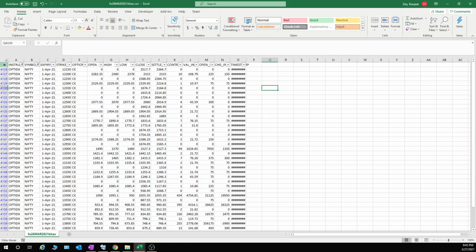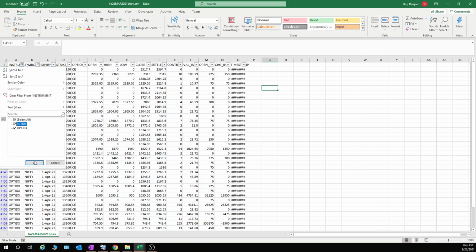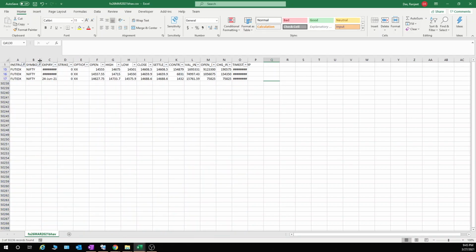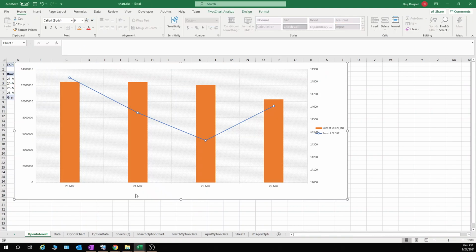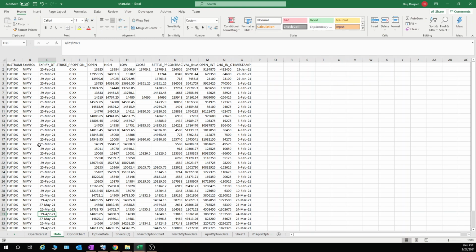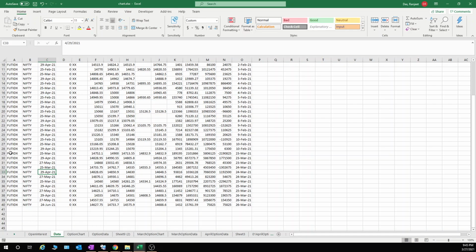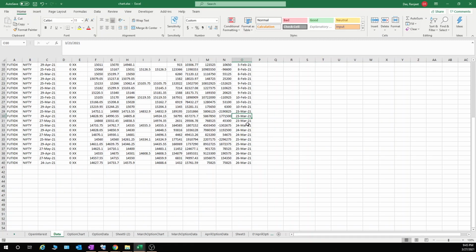Here you can select FutureDix and download the data for the Nifty, and you can select this much data. For each day you have to do this task. So in the data section you have to put the data. Suppose I'm putting the data from 23 March. So on 23 March you put the FutureDix data over here, for all expiry: 25, 29, 27. Like this, for all expiry you will put it daily.